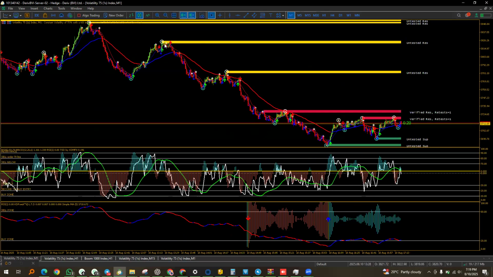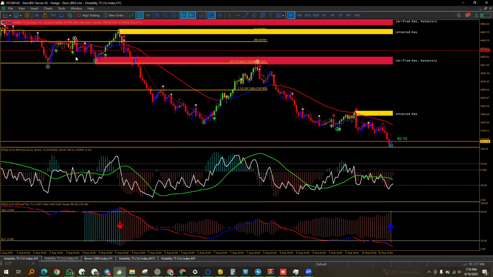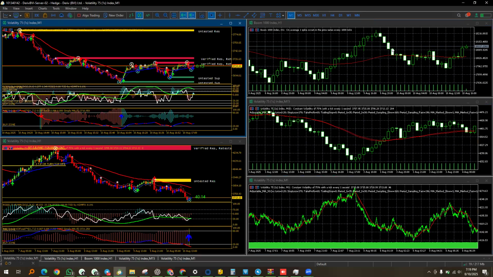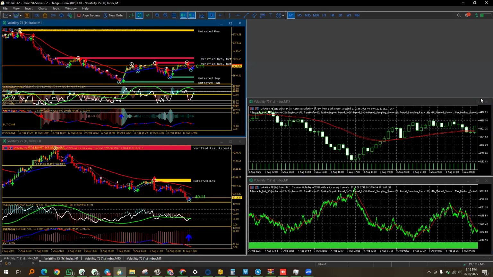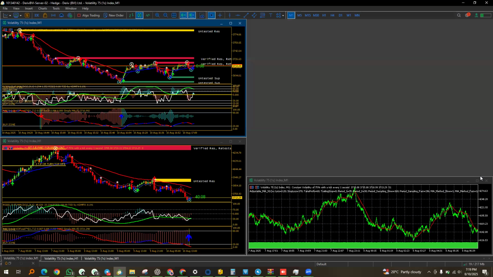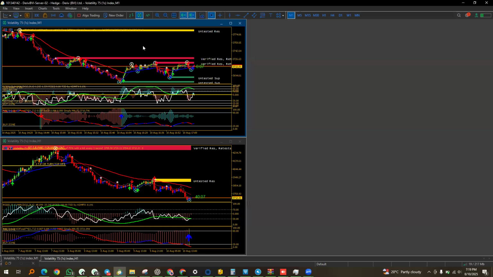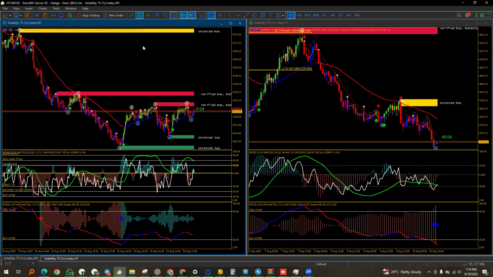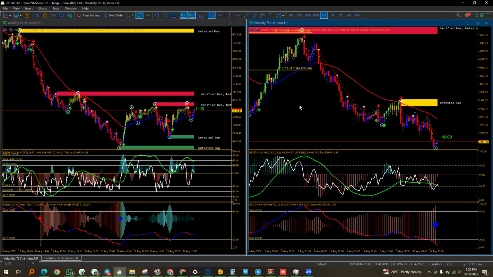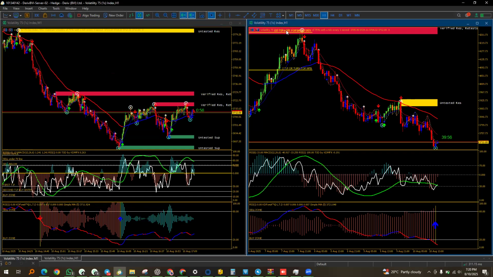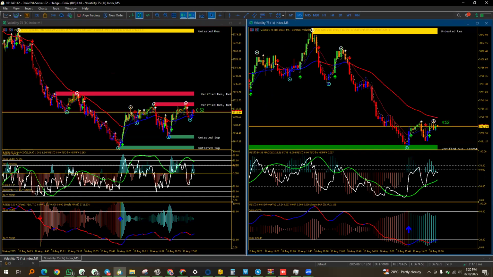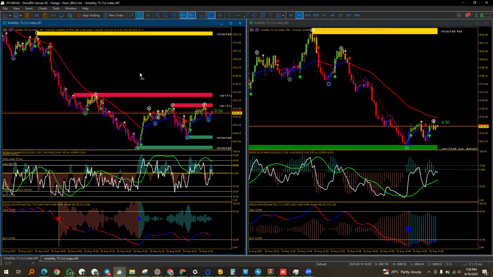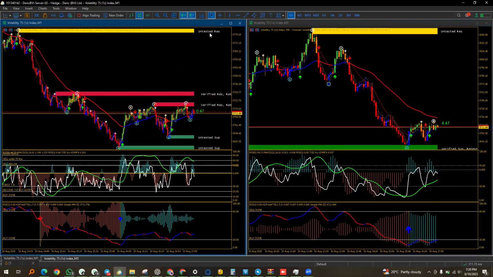On the 1 minute, you're going to see that starting from this point. In fact, I like doing this when I'm explaining so that you can see exactly what I'm talking about. One side is going to be the 1 minute, then the other side is going to be the 5 minutes or the 15 minutes, depending on the time frame. Okay, right at this point right here.